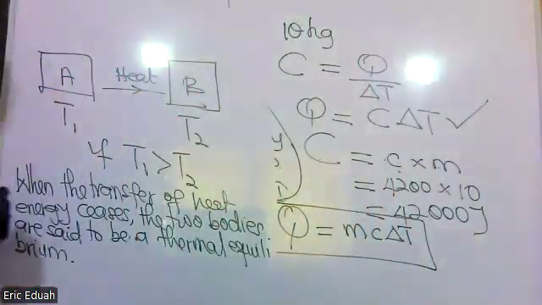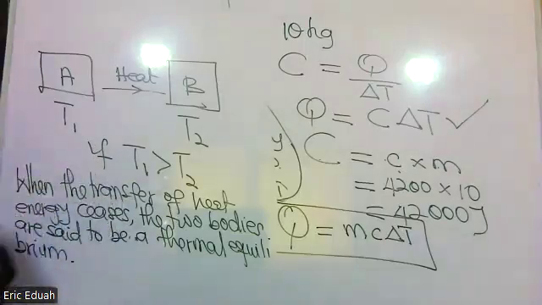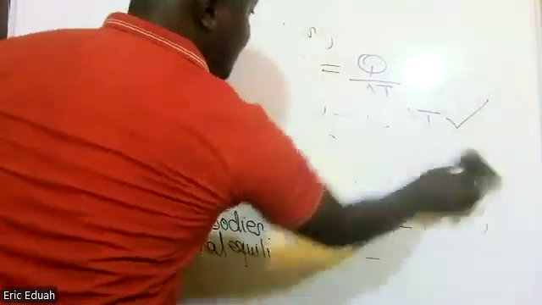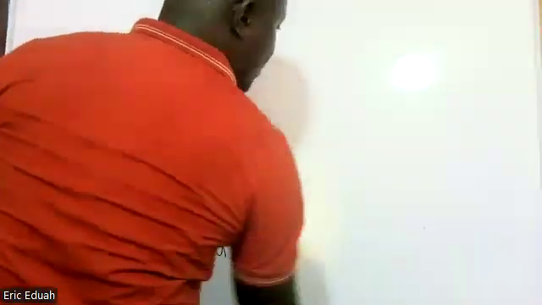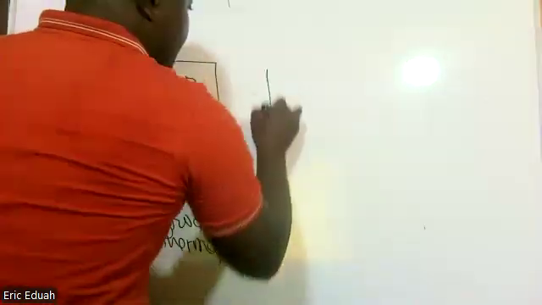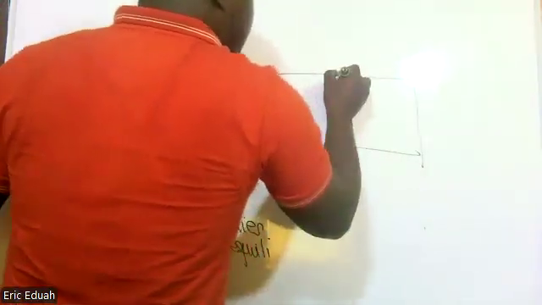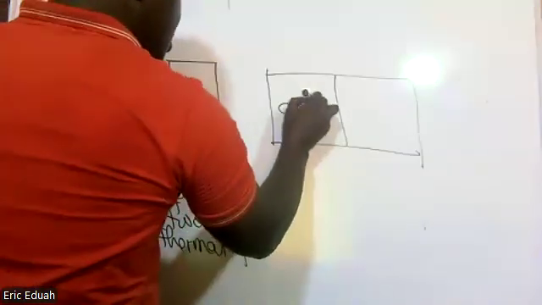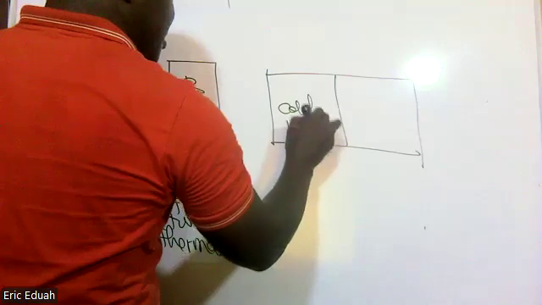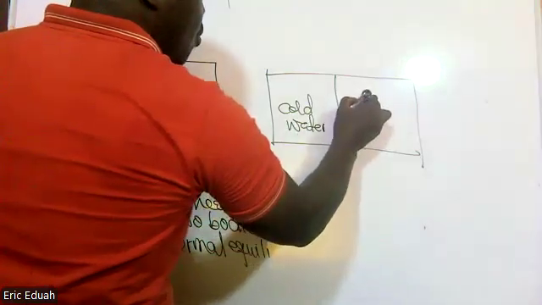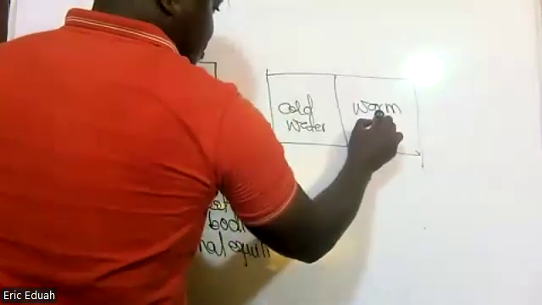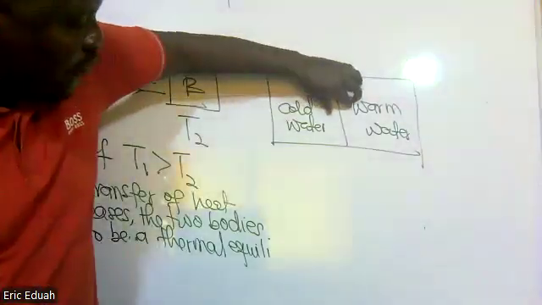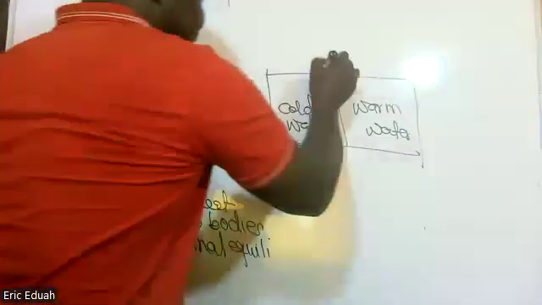Now, it is like when you mix cold water and then hot water. So this is a container partitioned. This side of it has cold water and the other side has warm water. The moment I remove the partition,